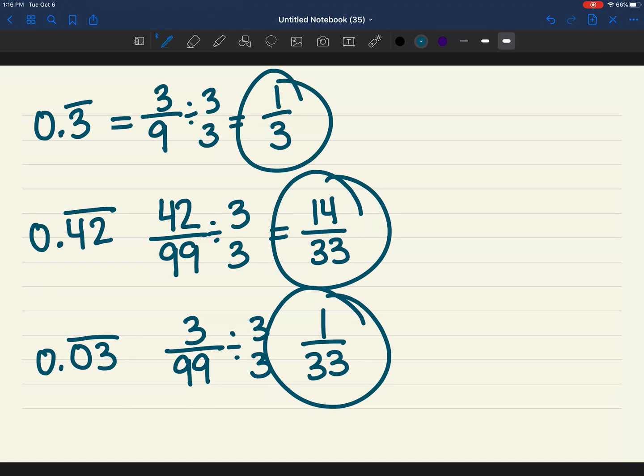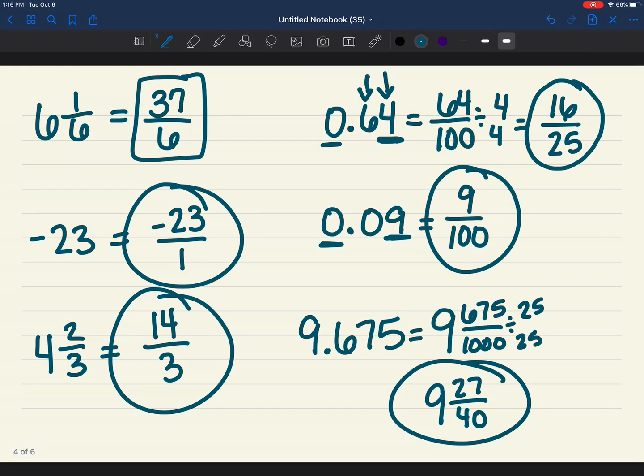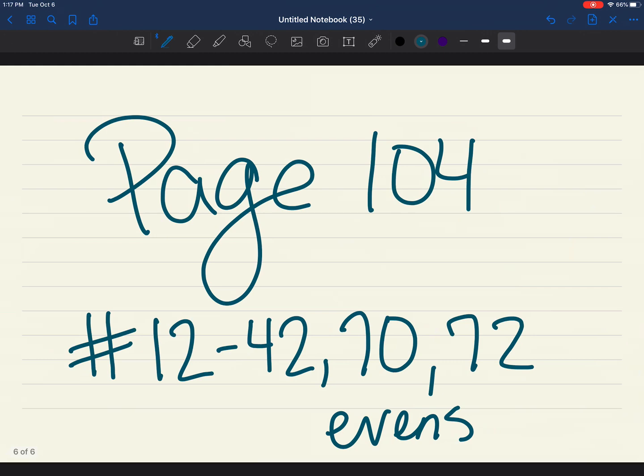Now, here's what I would suggest to you. This is something I would put on my cheat sheet. I would put an example of how to change a repeating decimal to a fraction by putting it over 9 or 99, whatever. And I would separate that from how you do a regular decimal, which goes over 10, 100, 1,000. Okay. Make sure you write down for